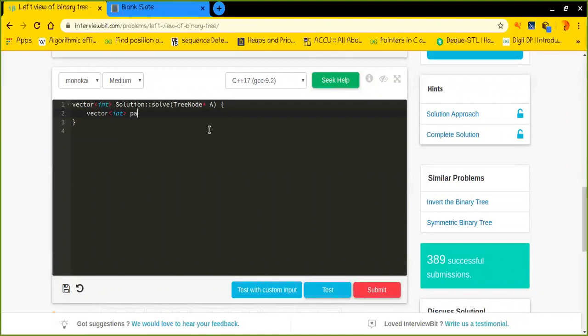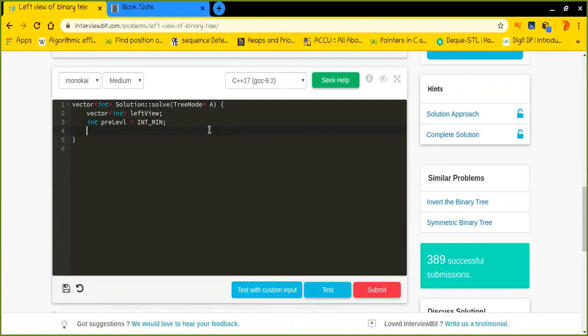Let's say the array name is left view. And right here let's say the previous level is 0, or we can say INT_MIN, which is negative infinity.